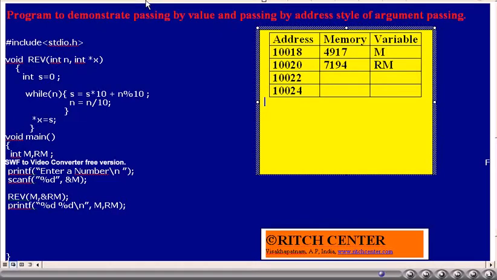The last printf statement, when it is executed, m value will be printed as 4917, whereas RM value will be printed as 7194. This program is